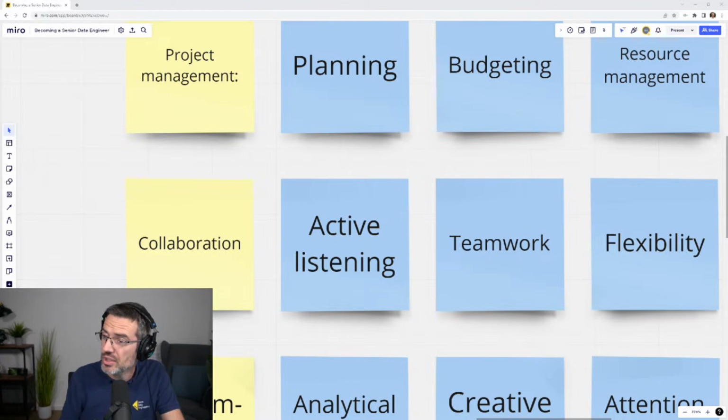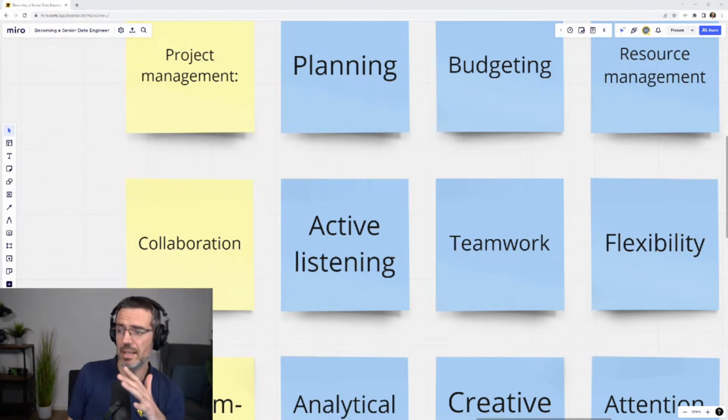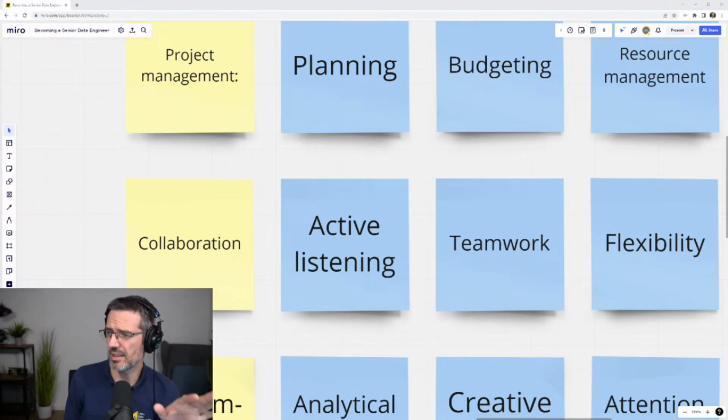So for collaboration, the topic was: a senior data engineer should be able to collaborate effectively with other teams such as scientists, business analysts, senior engineers, senior software engineers, and be able to communicate technical concepts to non-technical stakeholders. What they didn't mention here was the business side, but yes, as a senior engineer, you're not only communicating with other engineers. There are other people that you are going to communicate with. And they really said it here nicely.